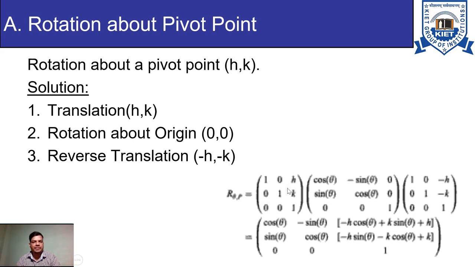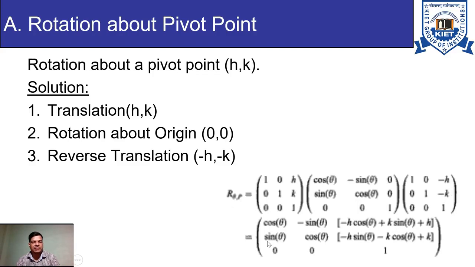So here you can see that the pivot point is shifted towards the origin, which is a translation. Here we apply the translation matrix as 1, 0, tx, where the value of tx is h, then 0, 1, ty, where the value of ty is k, and 0, 0, 1. Then we perform the rotation about the origin, that is cos theta, minus sin theta, 0, sin theta, cos theta, 0 and 0, 0, 1. And finally we perform the reverse translation, in which the value of tx is minus h and the value of ty is minus k. So we are multiplying these three